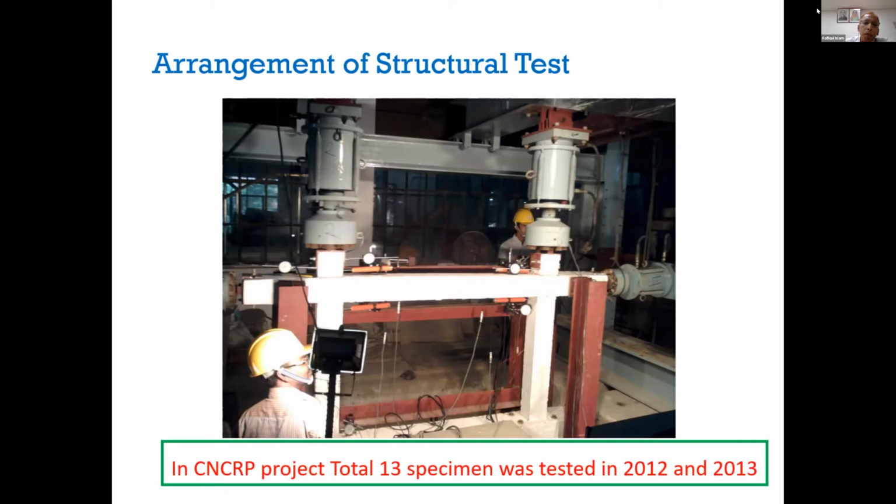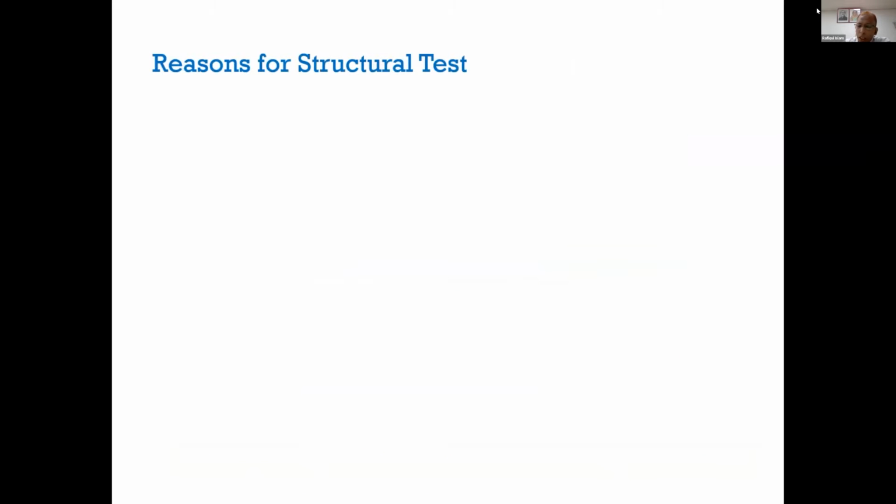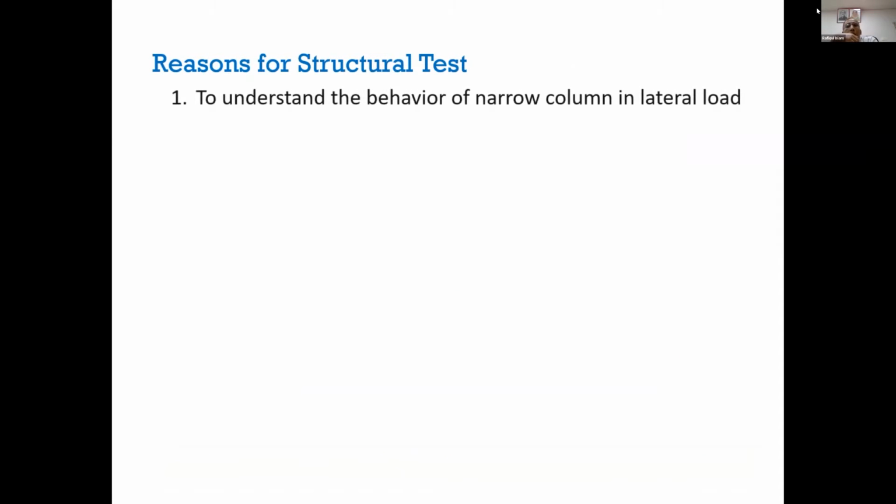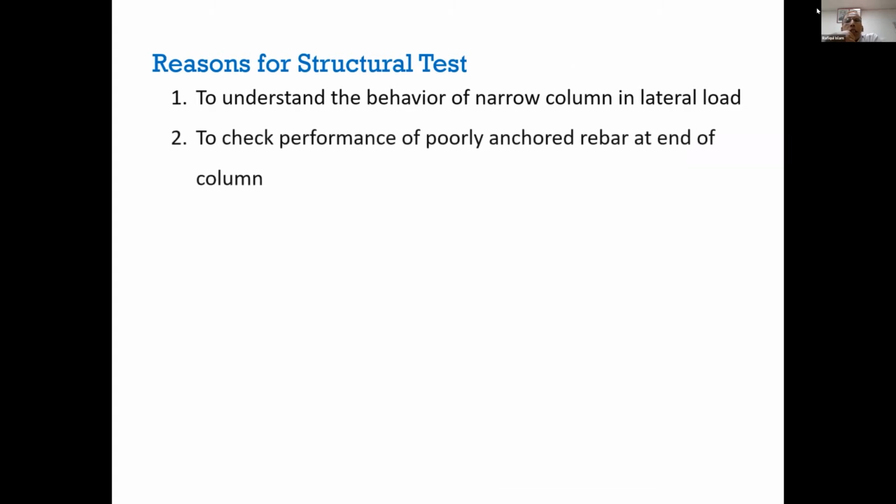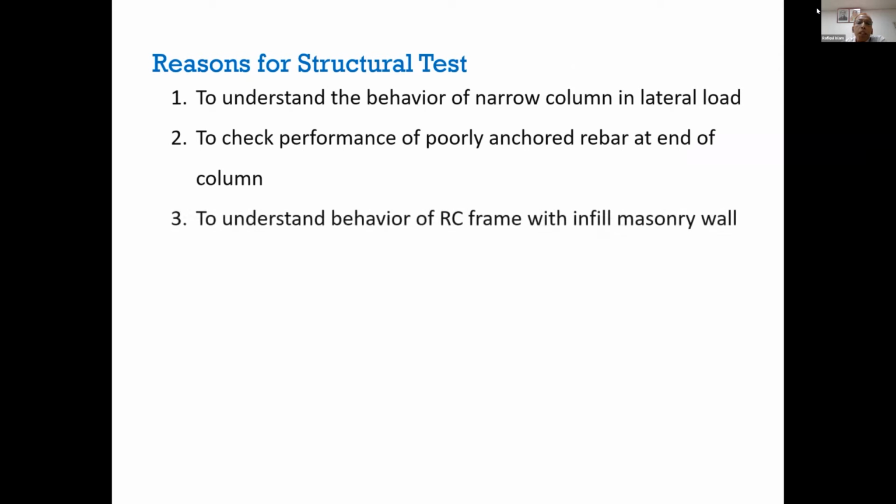A total of 13 specimens were tested, and the major objective of the test was to understand the behavior of narrow columns that are common in Bangladesh. Usually 10-inch columns were very common in existing old buildings. The objectives included the behavior of narrow columns under lateral loading, the performance of poorly anchored rebar at the end of the column, which is also very common, and the behavior of RC frames with infill masonry walls, which is a local characteristic in Bangladesh